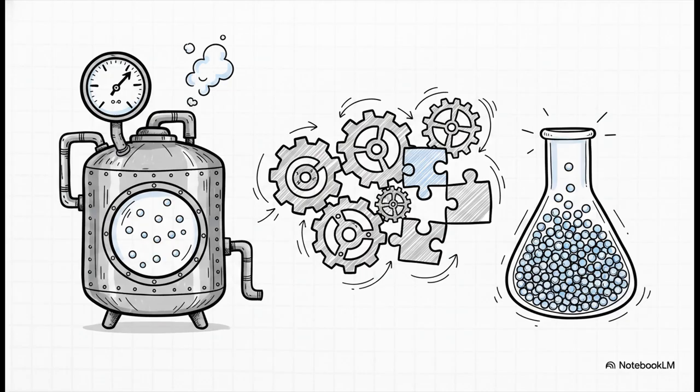What's super fascinating here is how interconnected this all is. You can easily translate between pressure and concentration using this simple bridge equation. Kp equals Kc times RT raised to the power of delta n. R is the standard gas constant, T is the temperature in Kelvin, and that delta n is just the number of moles of gaseous products minus the number of moles of gaseous reactants.